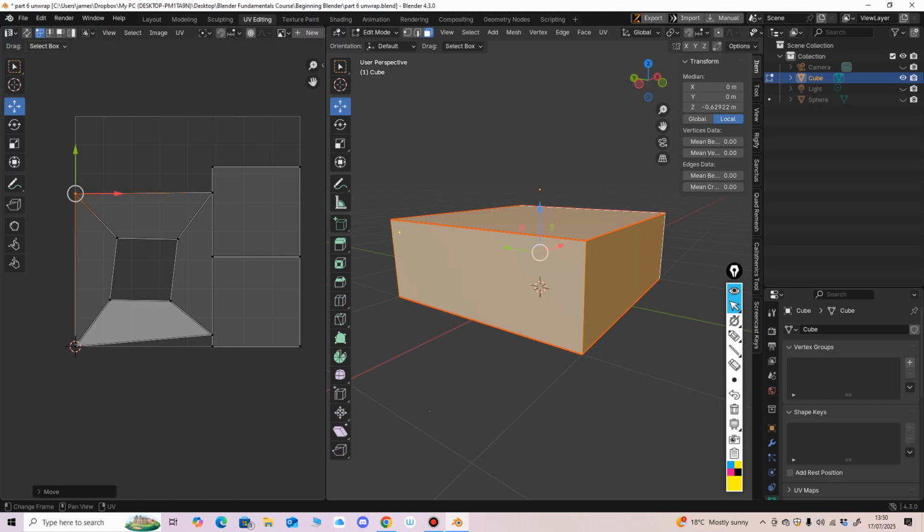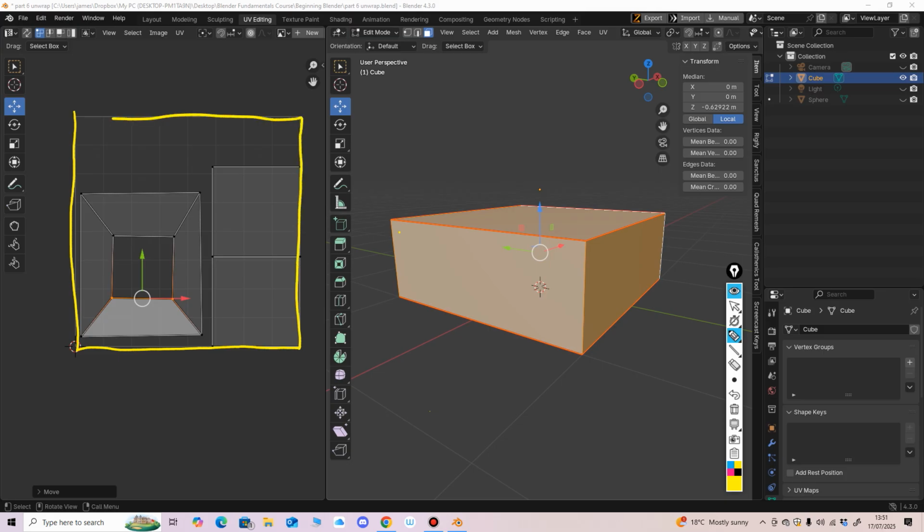We'll go more into these UV settings in a while, but in your UV editor you can select your vertices and you can move them around this UV window. So that's a square UV editor window, that in general